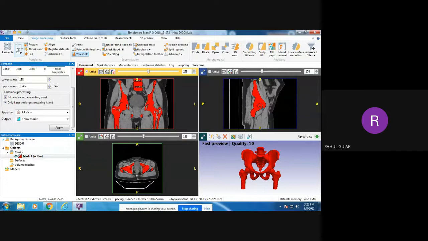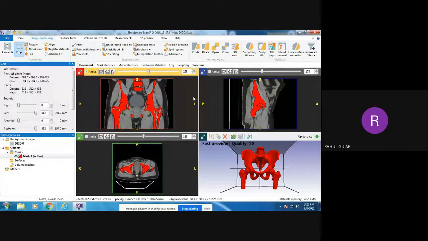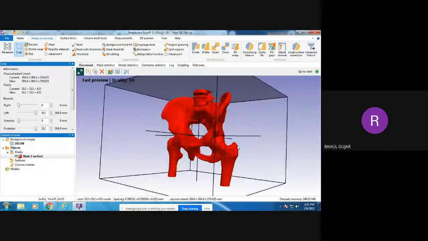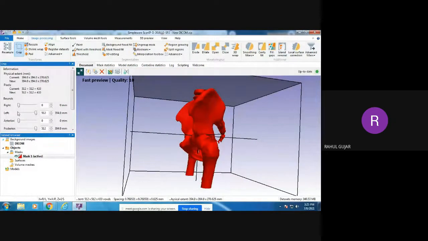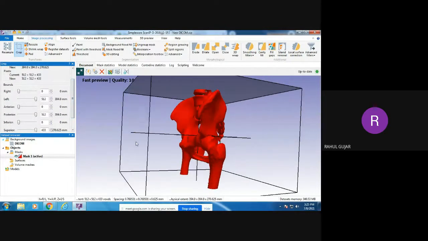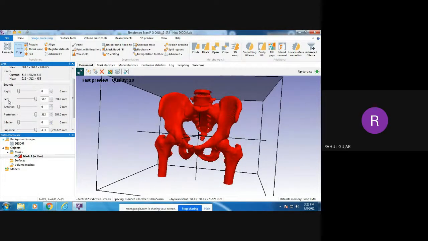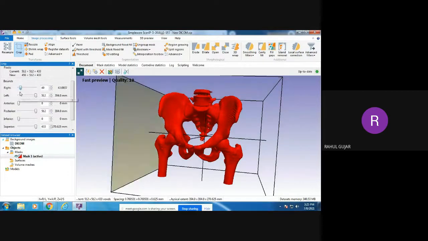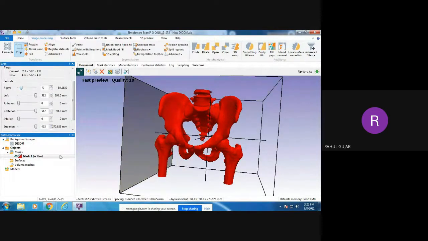we just want to go into the crop option. In the crop option, whatever is your interest, that part only you keep, and the remaining part you can neglect or remove. So you can see here, in the crop option, the right, left, anterior, posterior, inferior, superior, you can choose according to your requirement, and you will remove that part from the model.